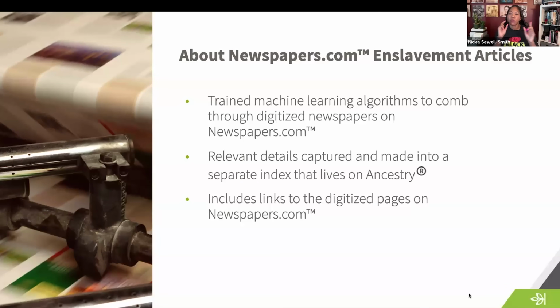Now, when you're on the Ancestry version, again, you can click the thumbnail of the actual article and it will take you to the digitized page on newspapers.com. And that was super important to us, for us not to just cut out the article and not leave it in its original context. It's important for us to have done that. Reason being because you really get an opportunity to see